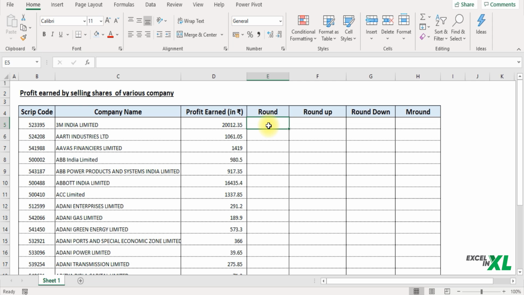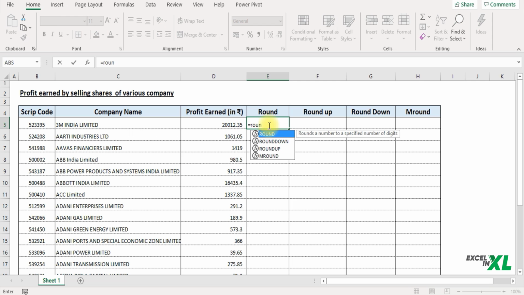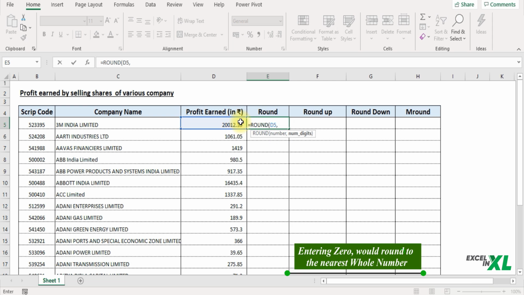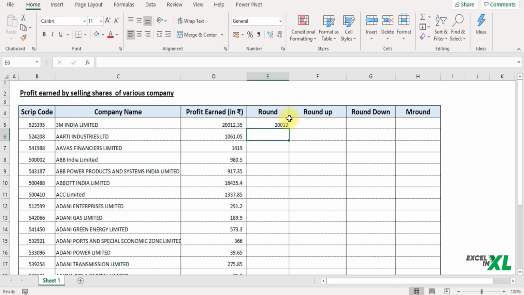All you need to do is start with an equal to symbol, write the formula equal to ROUND, selected by hitting the tab key. Now it asks for the arguments, that is the number that you want to round, and the second argument is the number of digits to which you want to round. So first I enter the number I want to round, and for now I insert 0 digits. I type in 0, close the parentheses, press enter. And that gives me a whole number without any decimal places.